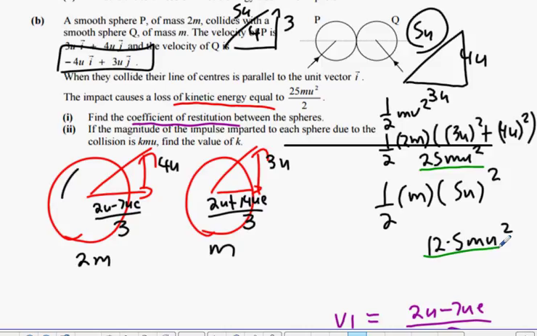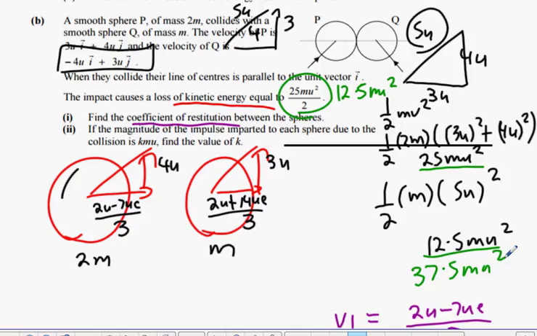Yeah. Now, this 25 mu squared over 2 is 12.5 mu squared. This means we lost what? We've lost 25 mu squared. We had 37.5 mu squared at the start, but at the end we lost 25. Would you agree with that? So now we know the final